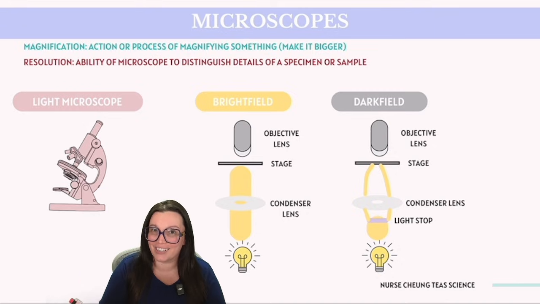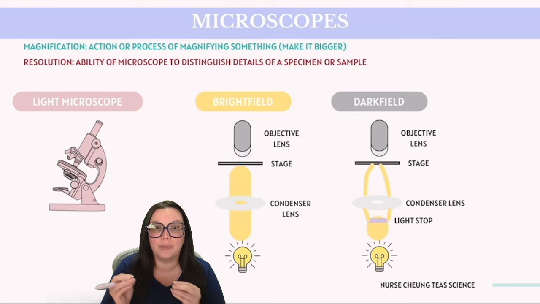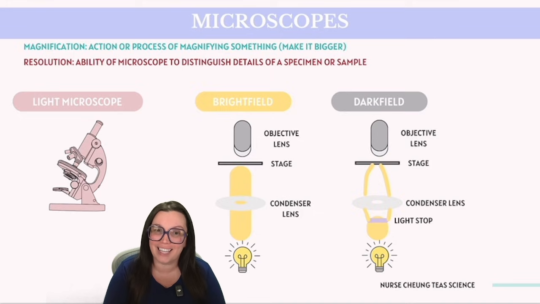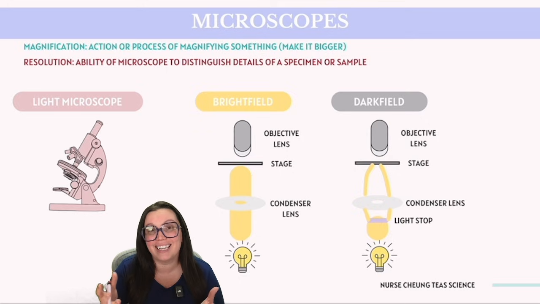a light background. Alternatively, there are dark field light microscopes, which include a component known as a light stop. This element blocks most of the direct light that we see through the light source. And because of this, the only light that reaches your eyes is the light that has been reflected or refracted by structures within the specimen themselves. This technique creates a visual effect where lighter images appear against a dark background, enhancing the contrast and detail of